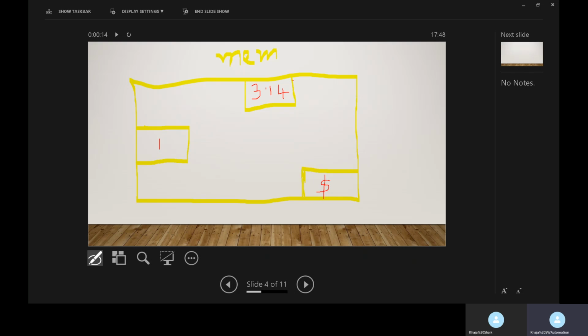If I know the address of this location, then only I can get back the data from it. Similarly, I can get back value 1 from its location, and if I want to get back the dollar value, I need to know the address of its location.